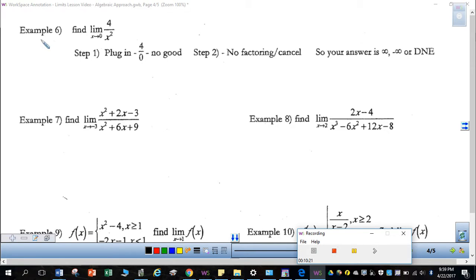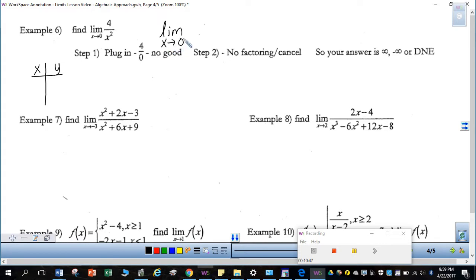In the next example, we see it's another situation where step 1 and step 2 don't work, so our answer will be one of these three. We're going to make a sign chart again to figure out which one it is. So this time we're interested in finding the limit as x approaches 0. So if we think about the limit as x approaches 0